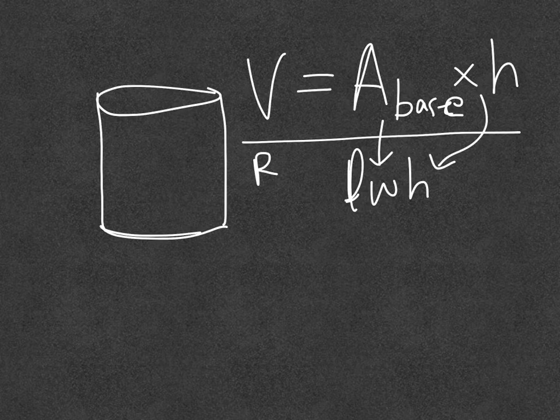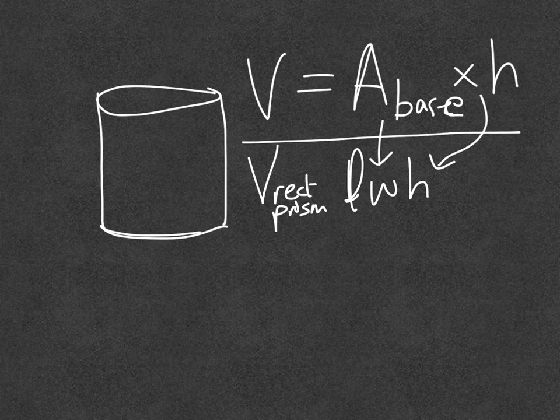I'm not going to put that there. Let's just erase that. So the volume of, we'll say, a rectangular prism is length, width, height. If we have the volume of a triangular base prism,